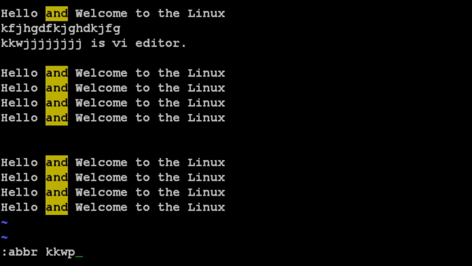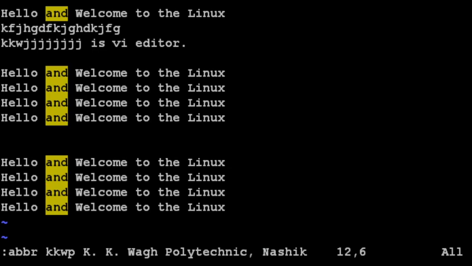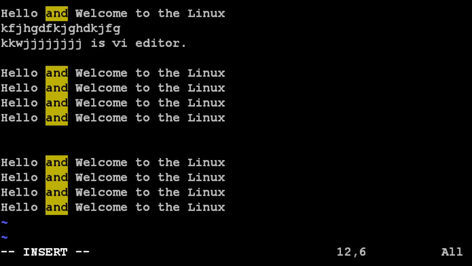Suppose KKWP is the abbreviation, and I want to set it like KK Wagh Polytechnic Nashik, and press enter. Now KKWP is set as KK Wagh Polytechnic Nashik. So whenever you go in insert mode and type KKWP, if you press enter or give a space bar, then that will be replaced by the full form of that abbreviation. This is how you can set the abbreviation.